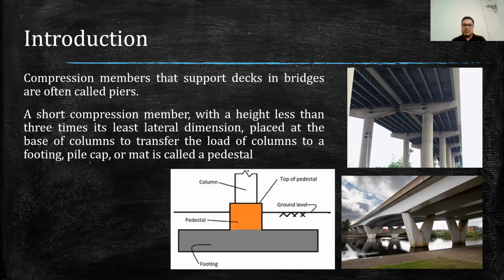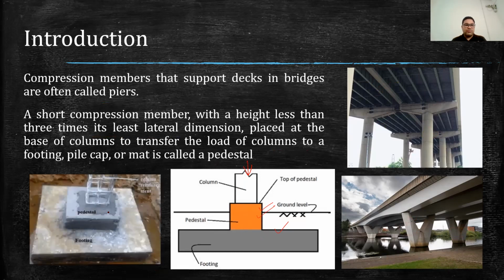Here, as you can see, this is the column and it is first resting on the pedestal, and then this pedestal is further resting on the footing. Sometimes we provide this pedestal generally in case when column is subjected to very high load. In that case, we provide this intermediate member, which acts as a pedestal. Here in this diagram also you can see this is the column dimension, column reinforcement, and this is pedestal, and this one is the footing.